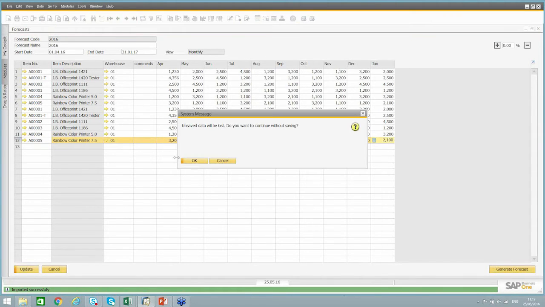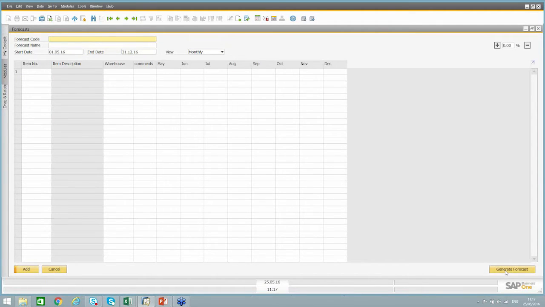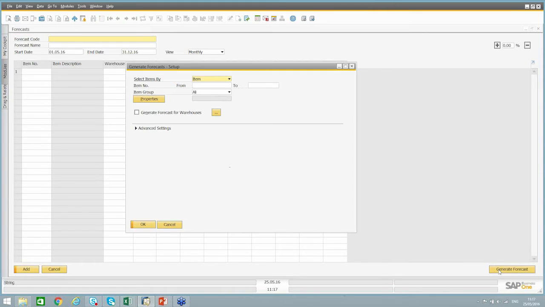So that's a third way, and the fourth way of doing this is you can basically generate the forecast based on historical sales. So you'll notice there's a button here at the bottom right corner of the forecast screen. If I click on that, I can then select